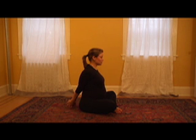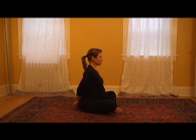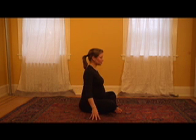It's a nice stretch. It's great for postpartum work as well. So after the baby is born, to help to open through the chest after all of the feeding, kind of hunched over. This helps to open the front of the body. Release the hands when you're ready. Bring them onto the floor. And then one more